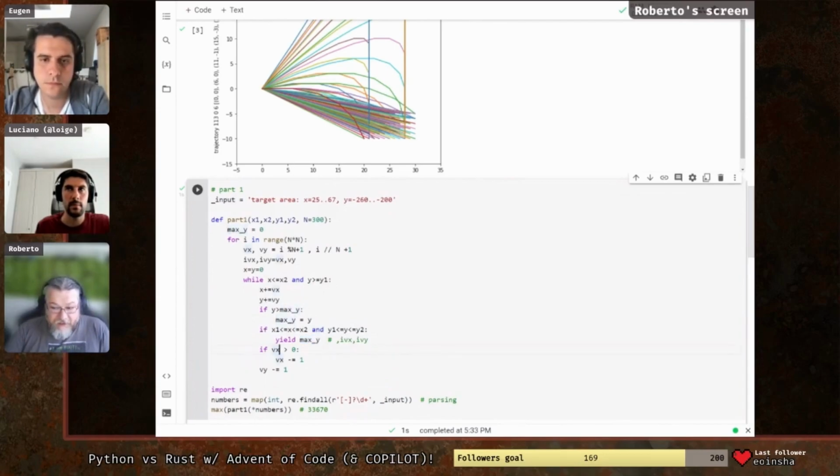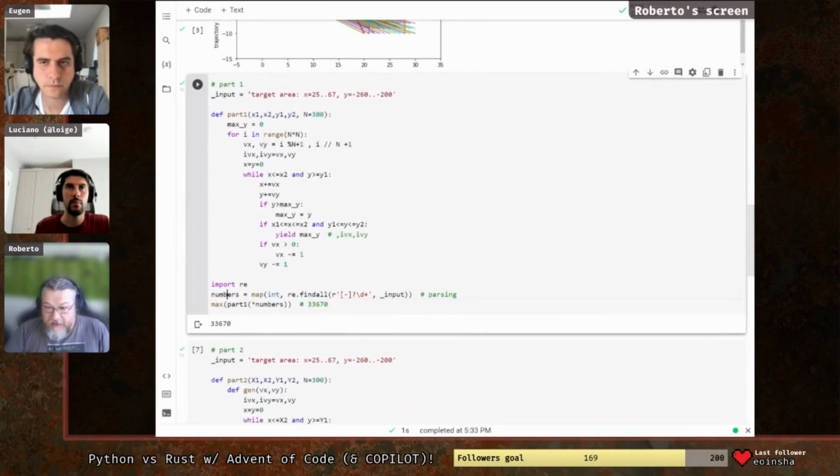If the velocity of x is greater than 0, I decrement it. In this simulation, I'm only shooting to positive x's, because it is the only direction I can land within the rectangle area that is defined in the input, even the readme and even my input, so no negative x into account. And the y velocity is decremented by 1, like the readme is saying. Doing all of these simulations,